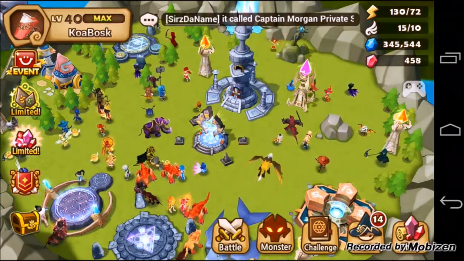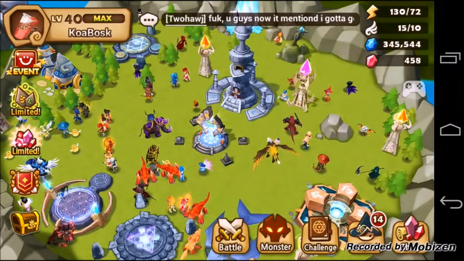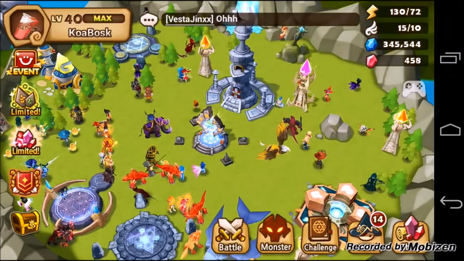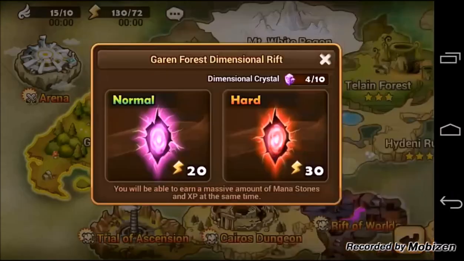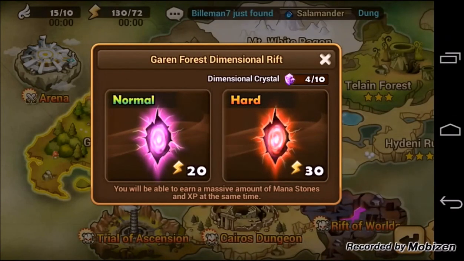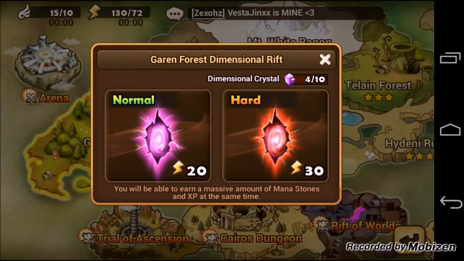We just recently got an update and we got some new monsters and some new things. We have a thing called a rift. I'd like to review that for you guys. This right here, this dimensional rift. And it says you'll be able to earn massive amounts of mana stones and XP at the same time. Unfortunately, I'd like to compare the actual XP and everything that you get compared to some other